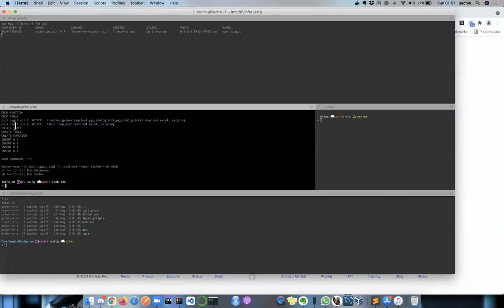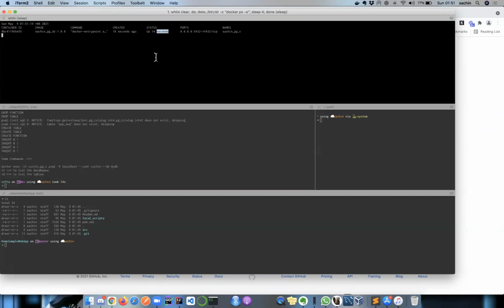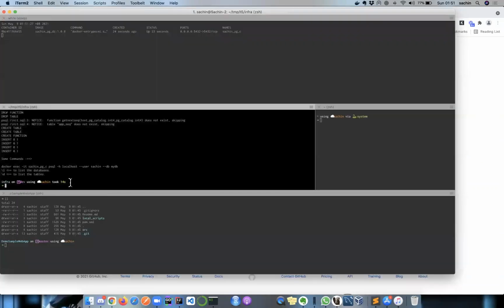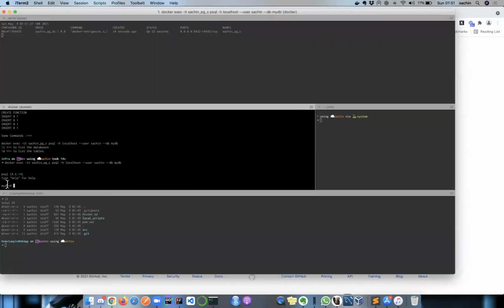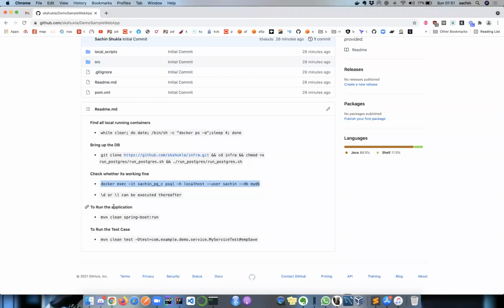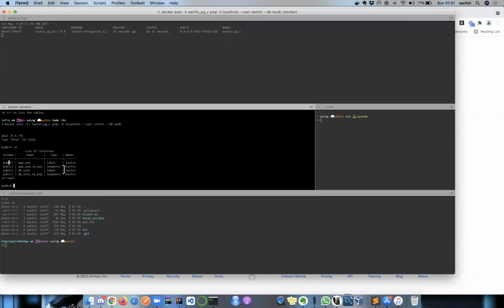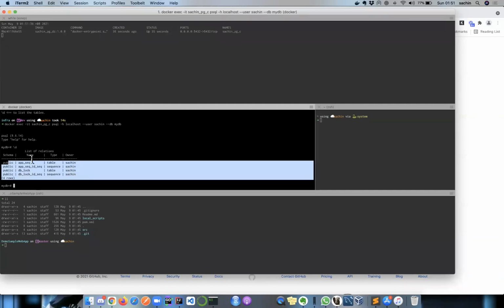All right, so I see that my DB container is running. You'll see it has been running for 14 seconds. Perfect, so let's quickly do a check. I have already included all these commands over here. It's copy-paste, and it will take you inside Postgres, and then you press \d or \l to find the tables. All right, so there is no employee table because I have not yet